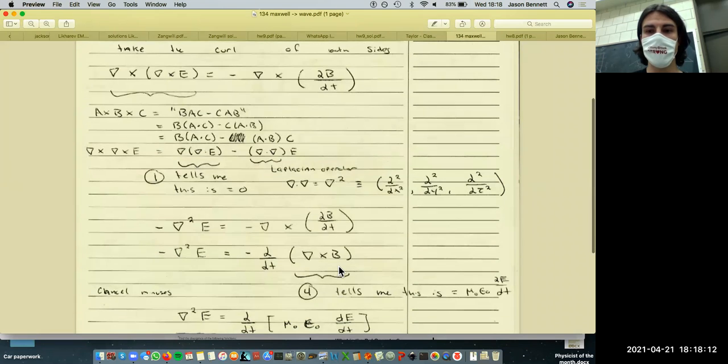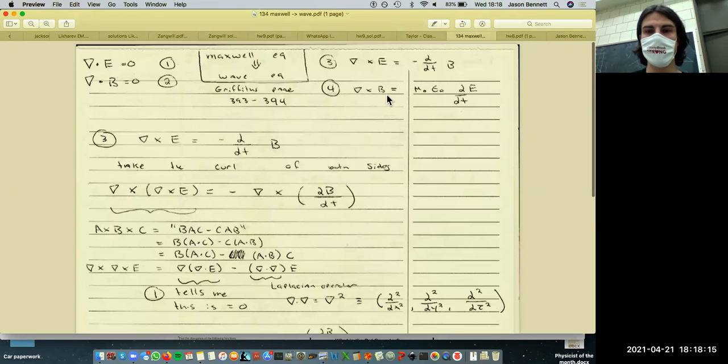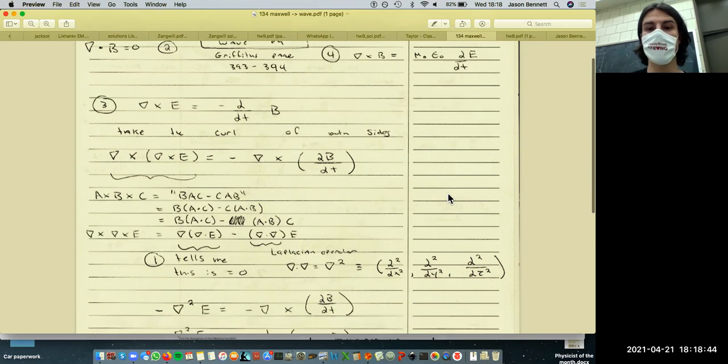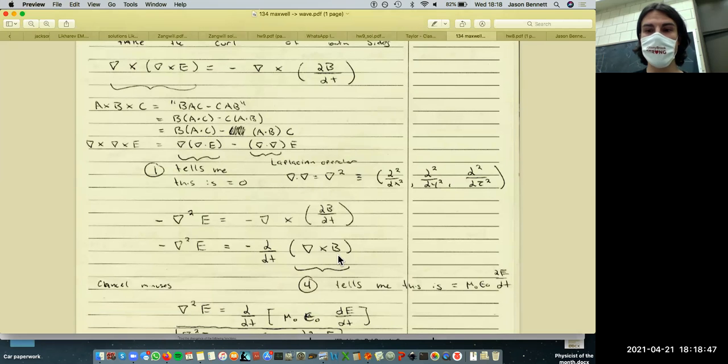Now I can use another one of the Maxwell equations, the fourth one, because I know that the cross of B is these 2 constants, which we'll learn about in just a second. Those are the 2 things that we've been using all across this whole semester, and I'm going to explain what they are in just a second, because they're not equations or constants in nature that come out of the blue. They actually come from something a little bit more fundamental. So now if I plug this thing in, I have that is equal to mu naught epsilon naught time derivative